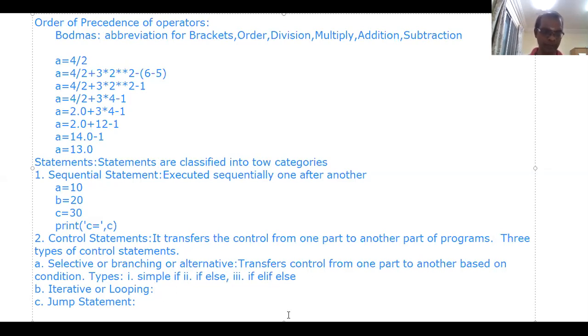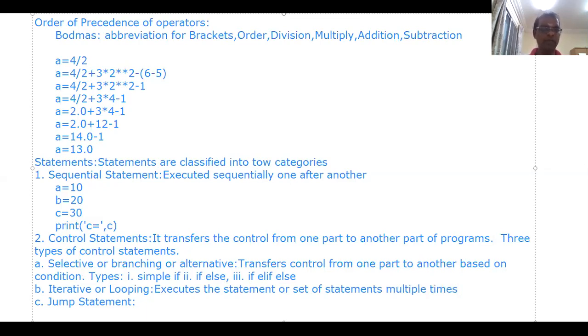Next, iterative statements. Iterative or looping statements execute a single statement or a set of statements multiple times.